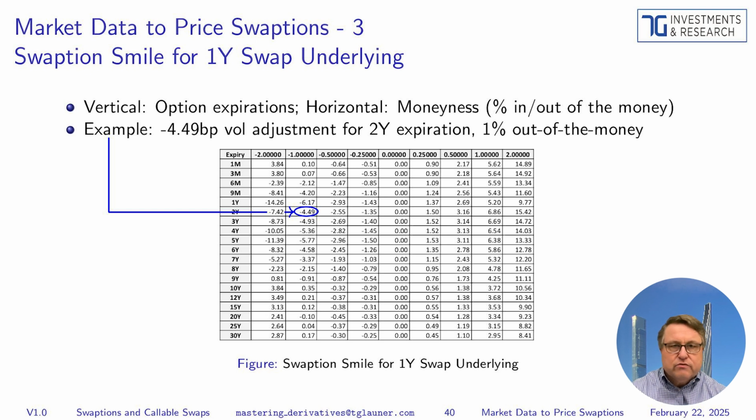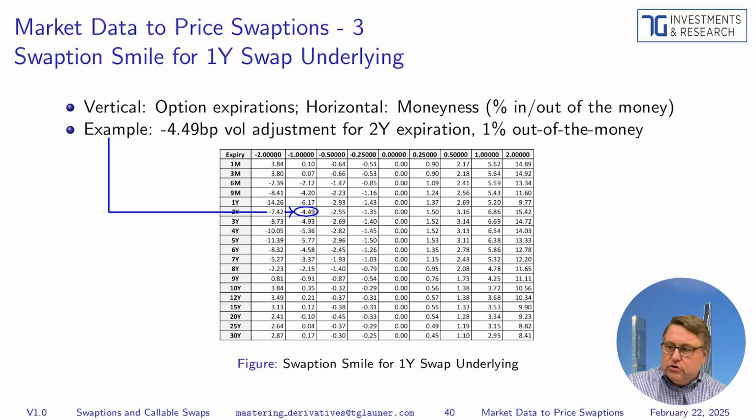In this matrix, the vertical axis represents option expirations, while the horizontal axis indicates moneyness, expressed in percentage terms to show how far options are in or out of the money. The highlighted cell shows a minus 4.49 basis point volatility adjustment for the option expiration of 2 years and 1% out of the money. Let me also remind you that this is for the 1-year swap underlying, so the adjustment to the first column